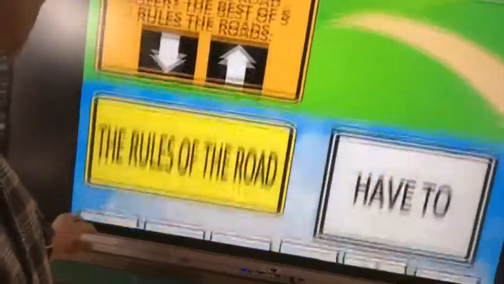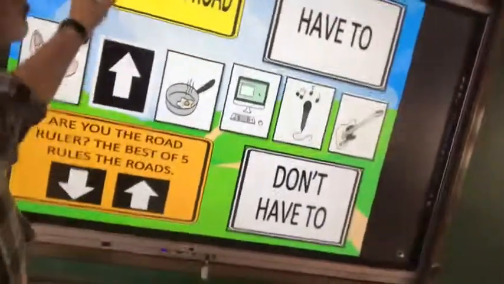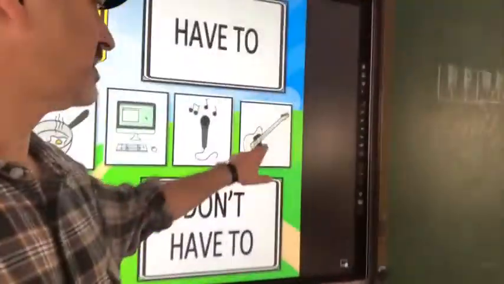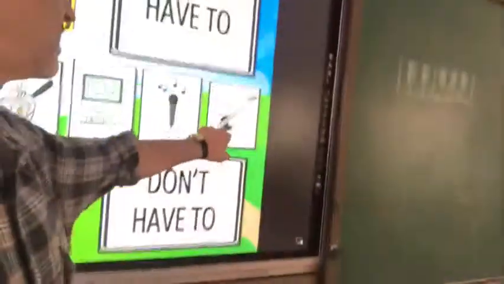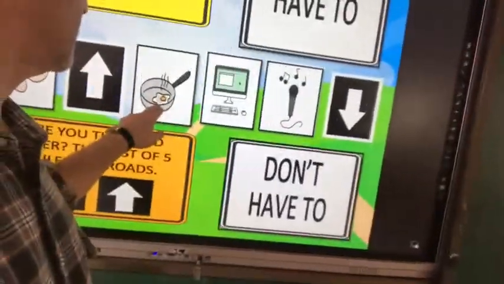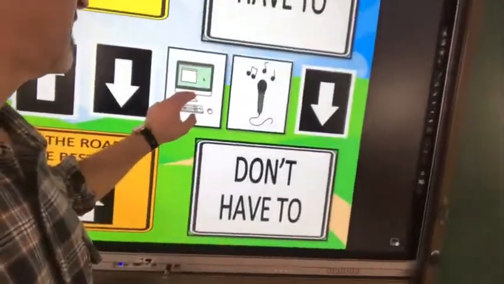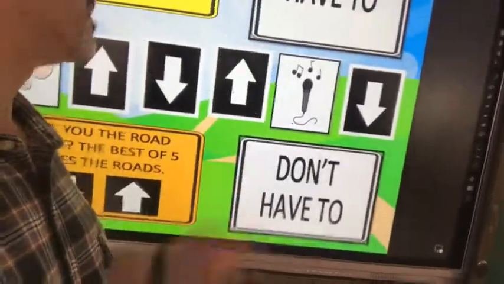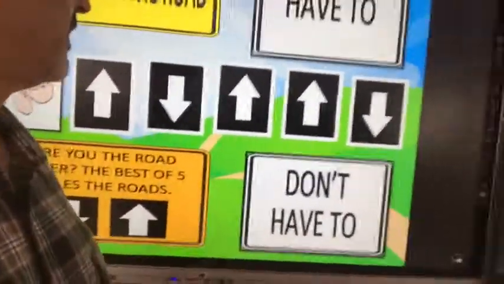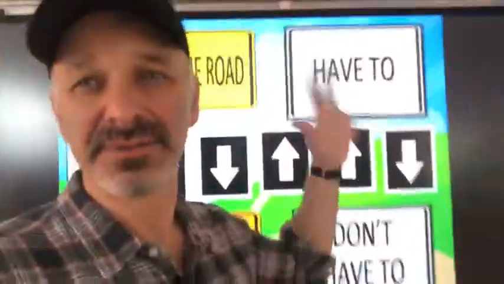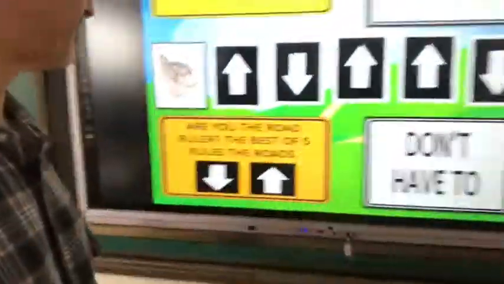This one I had a little bit of trouble with. So draw a picture, okay. So that's one for the "have to," play guitar. I think I got it. Oh, so "don't have to." The idea is to get the best of 5, so you have to get 3. You have to cook. Uh-oh, 2 for "don't have to." You have to play computer games. 2, you have to sing. All right, so 1, 2, 3. The winner would be "have to," and then we get to either roll the dice or get the points.